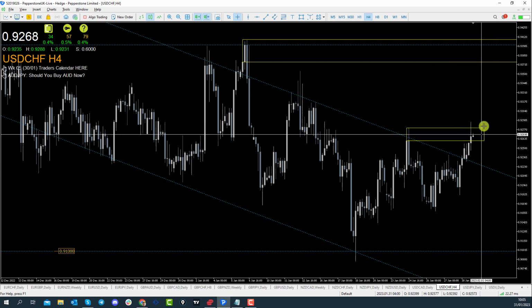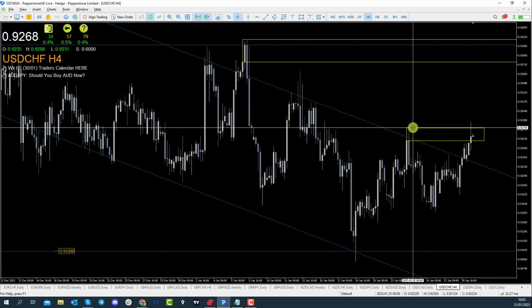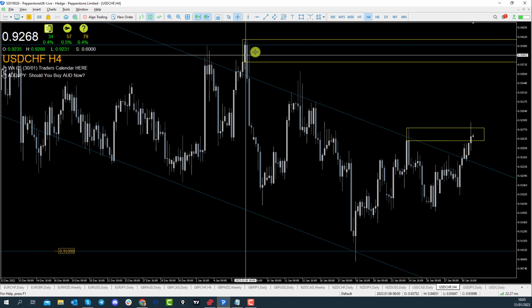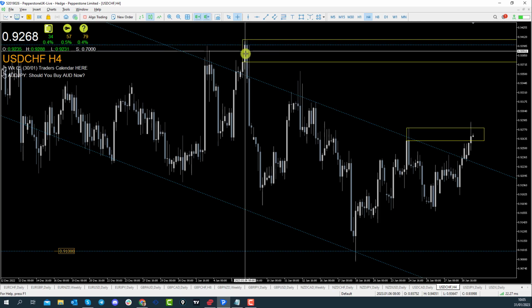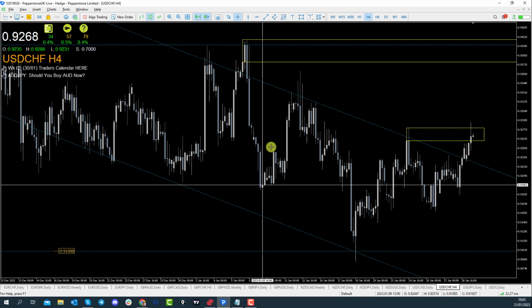In fact, I would only be looking for longs if we were to trade above this high, and then I'd be looking for longs into that 0.94 area where you can see we had quite a lot of aggressive selling